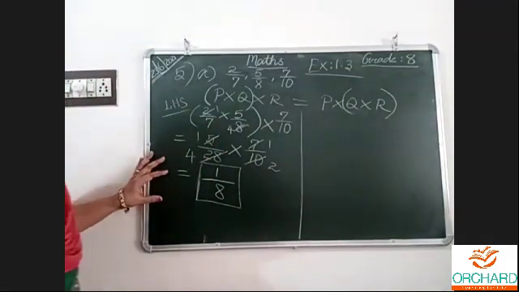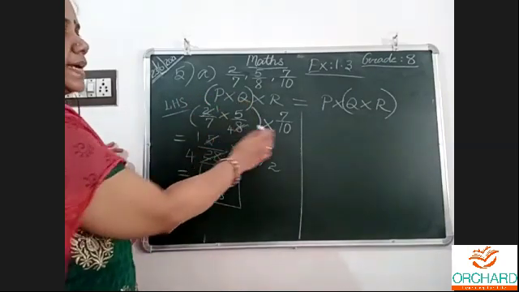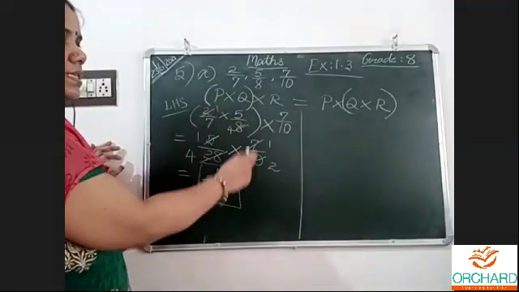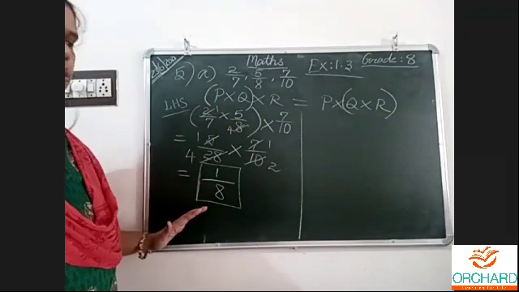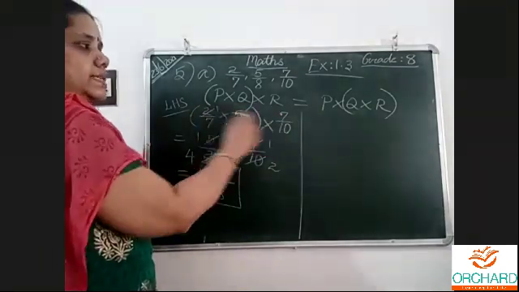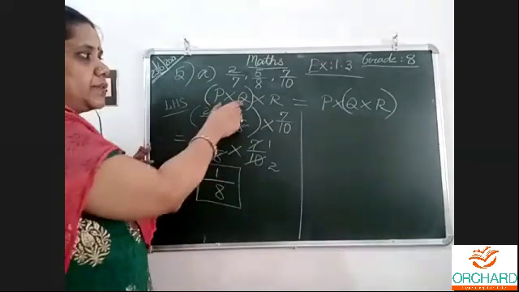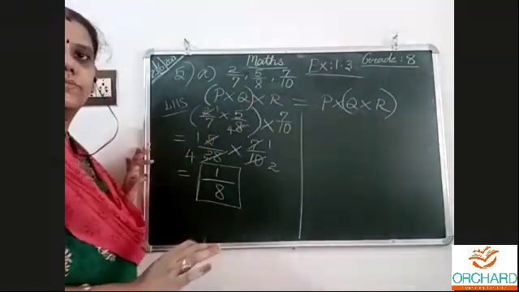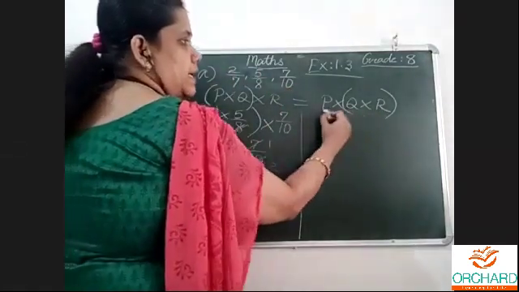1 by 8. So what we did: P and Q I multiplied, then outside this, first these both I did cancelling, then this and this I did cancelling, and I brought. All are under multiplication only. Together you should not do the cancelling; first only these both should be done, because this is the associative law. First these both, then do with the third number. That is the rule. Now, right side. This is my right side.